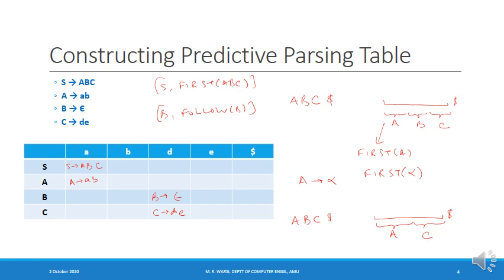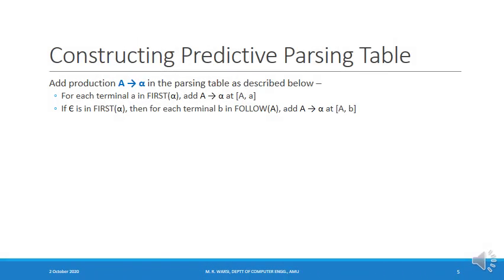So this is the parsing table that we have obtained and that we used in the previous example, and this is the concept which is there in the construction of the parsing table. Let me now generalize the discussion. So we are learning how to construct a predictive parsing table. Constructing a predictive parsing table means determining for every production where this will get added in the parsing table.